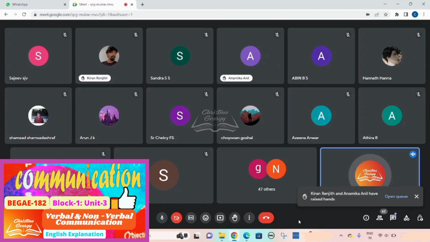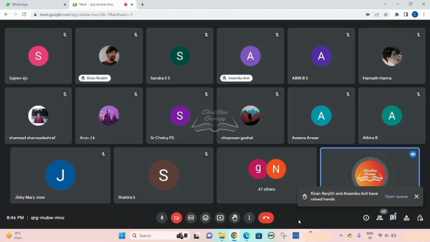So verbal and non-verbal communication, there could be a question on verbal communication, but the probability is more for them to ask you a question on non-verbal communication. Even when we discussed our previous question paper, the December 2022 TEE question paper, we saw a question on non-verbal communication. Make sure that you mention the advantages of non-verbal communication and a brief mention of all the relevant aspects should be there, even if it is a short question.